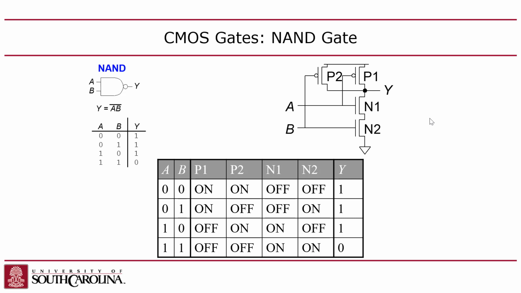Likewise, an OR gate. An OR gate has the output has to be 1 if the inputs are both 1, right? Because 1 or 1 is a 1, right? But that's not going to work because there are not going to be any PMOSs to set the output to 1 if you don't have any zeros in the input, right? So you can't make an AND gate and you can't make an OR gate,